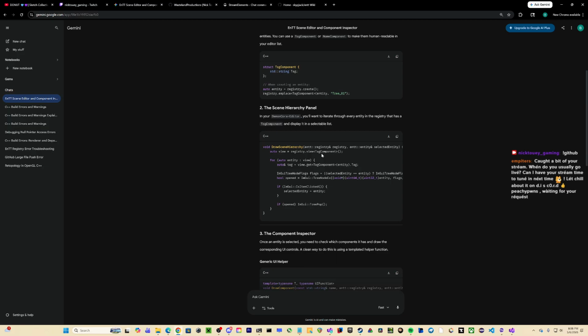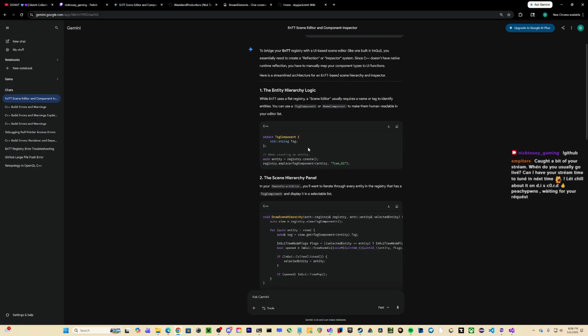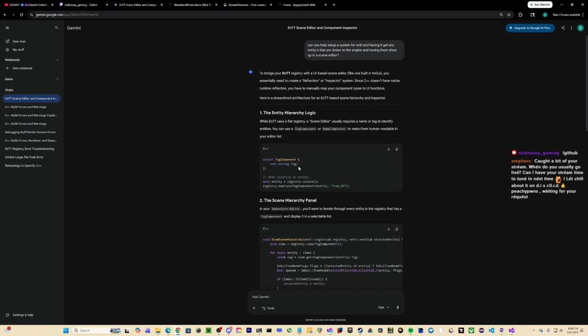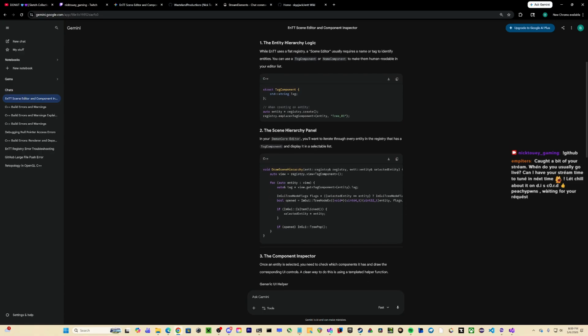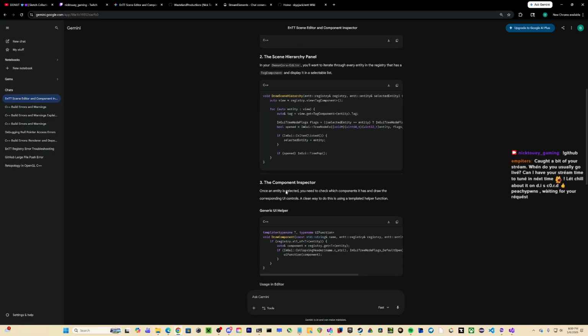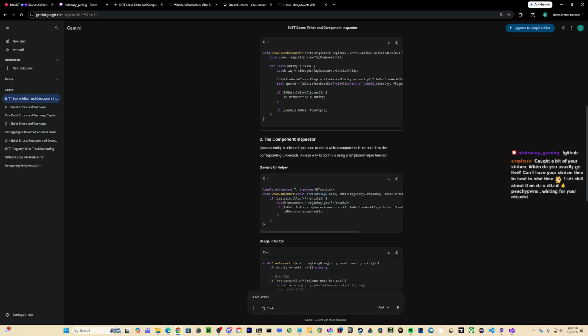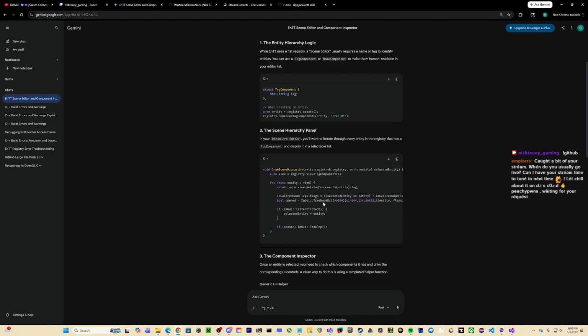I'm gonna try to set it up on my own without using any of this because I'm specifically stupid sometimes, so I probably wouldn't get it right away. So if I do, if you get, this is component inspector.